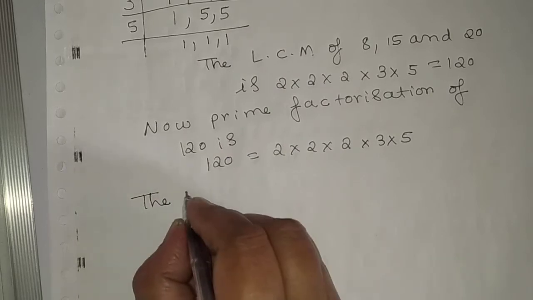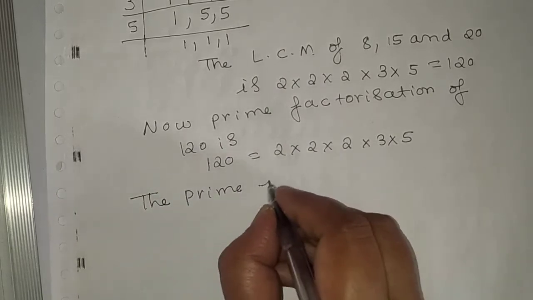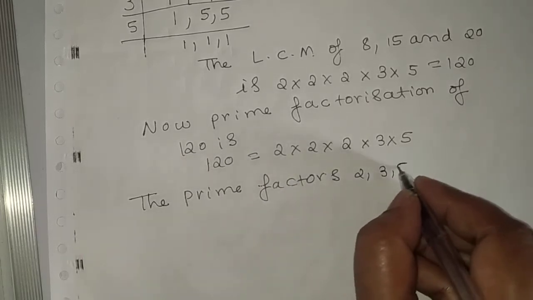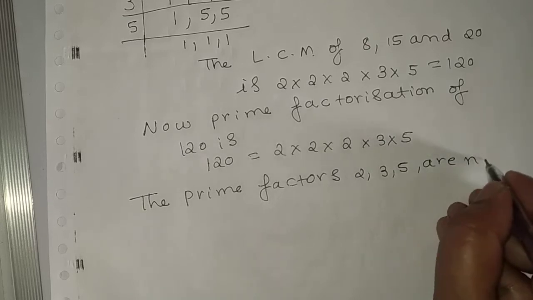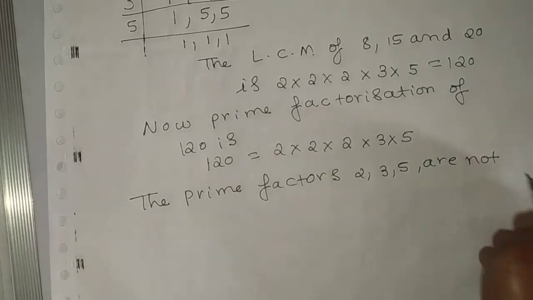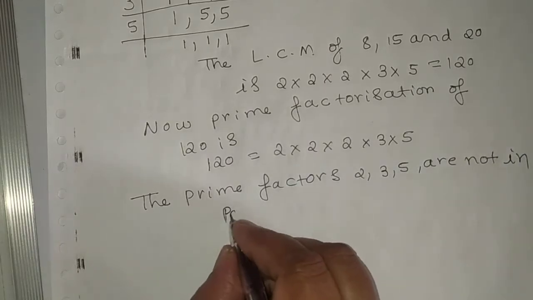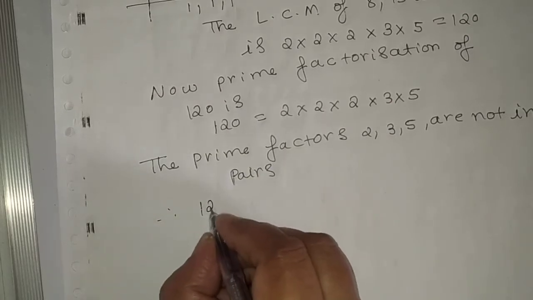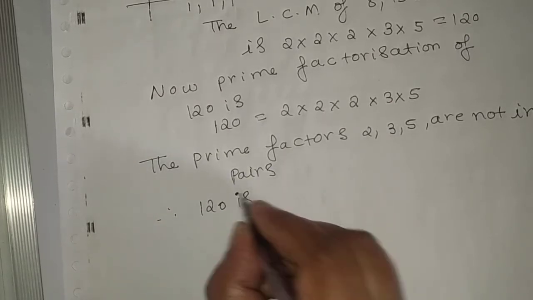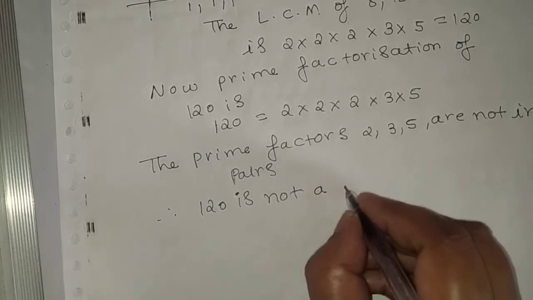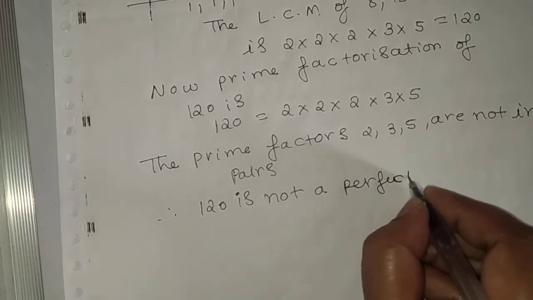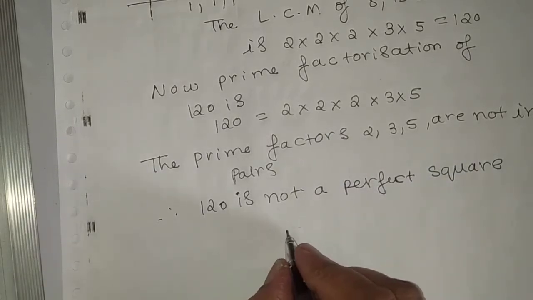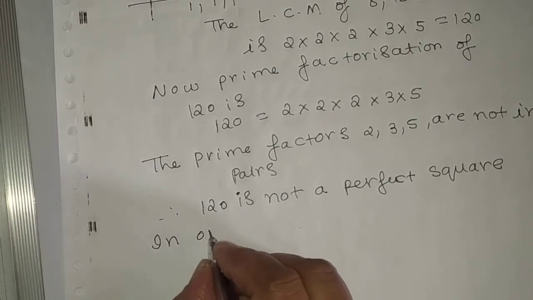Therefore the prime factors 2, 3, 5 are not in pairs. So 3 factors are not in pairs. Therefore 120 is not a perfect square. So in order to get the perfect square, next step,